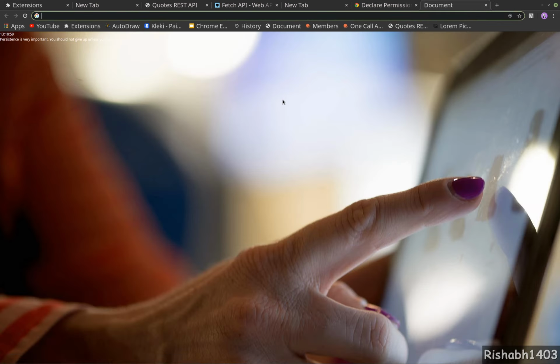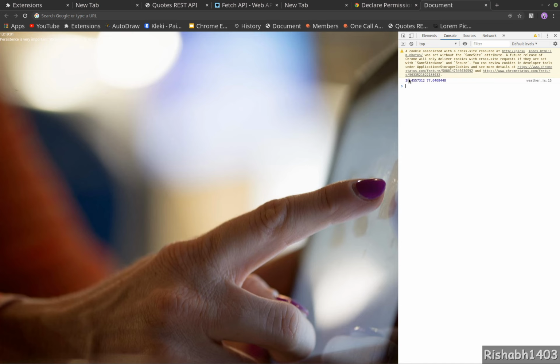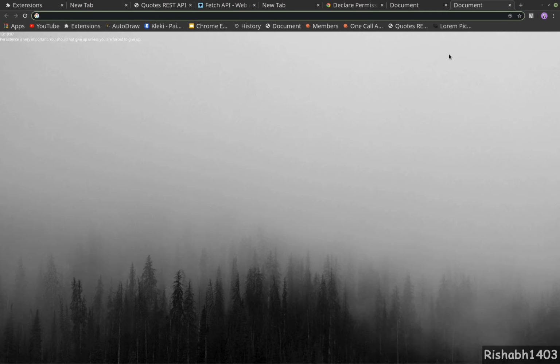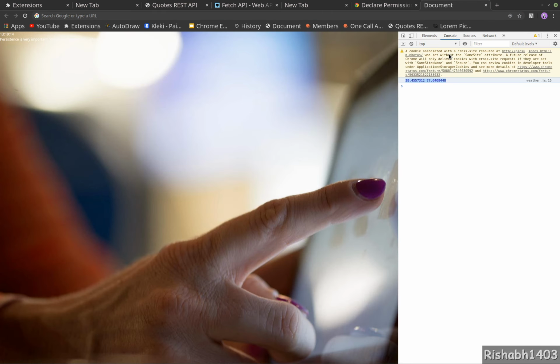Okay, now let's go ahead and open a new tab. We are not prompted for location, and we can see our latitude and longitude. So now all the time you can open up the tabs, and the UX is very friendly. You can get the location without really bugging the user. Of course, the user knows that you are accessing their location when they get the prompt when they are installing the extension.